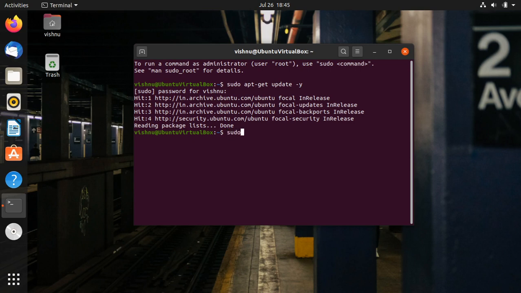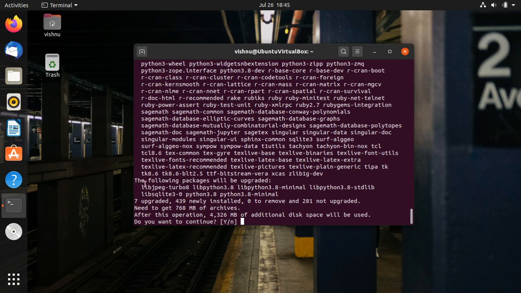Now the second command is sudo apt-get install SageMath. If you give -y, it will not ask any question, do you want to install, etc. If you don't give -y, it will ask if you want to proceed or not. So I'm not including that -y so that we can see what are the questions that we are going to see now. I'm just pressing the enter key.